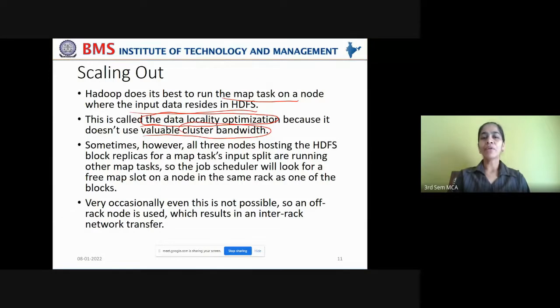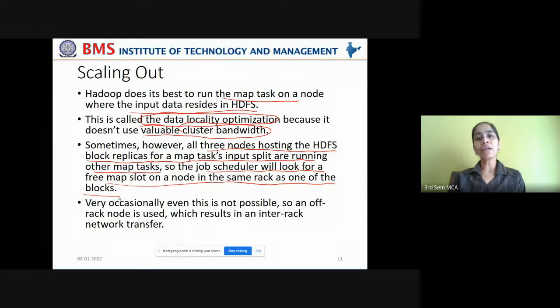And sometimes, however, all three nodes hosting the HDFS block replicas for a map task input split are running other map tasks. So the job scheduler will look for a free map slot on a node in the same rack as the blocks. Say a map task along with the computation is being sent to a data node to execute on that fragment of the data set.